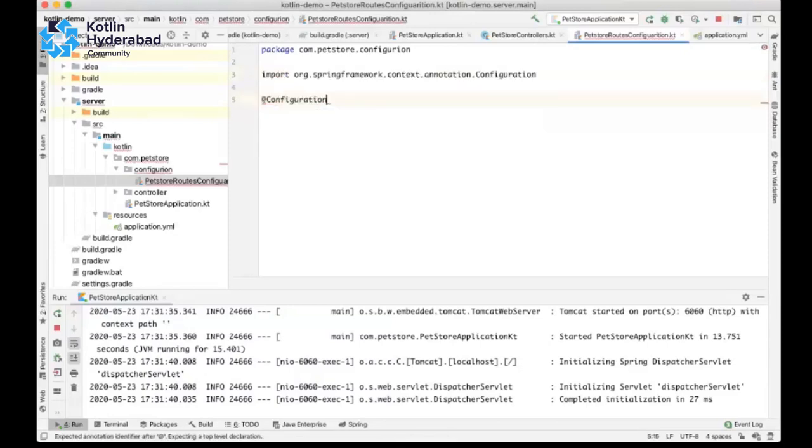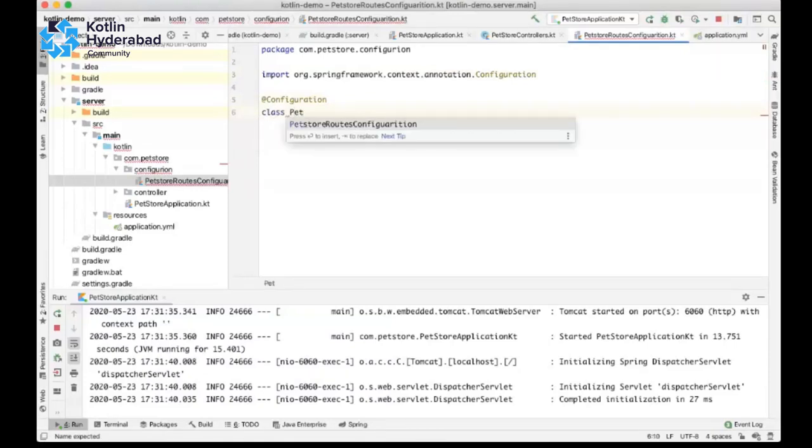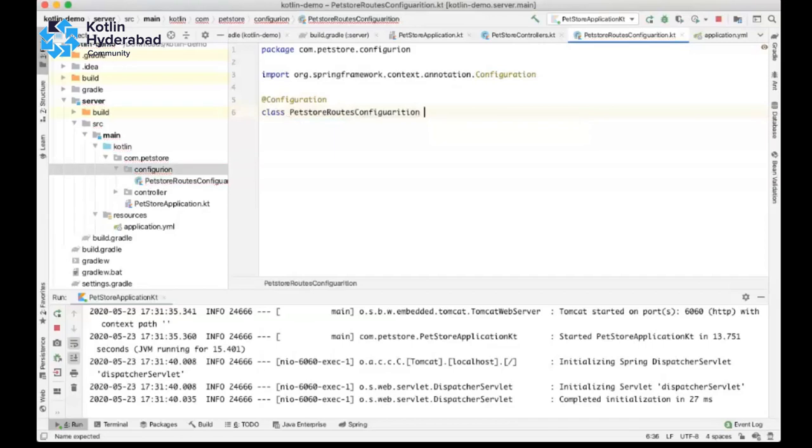So here we will create a class, store routes configuration, with the at the rate of annotation.